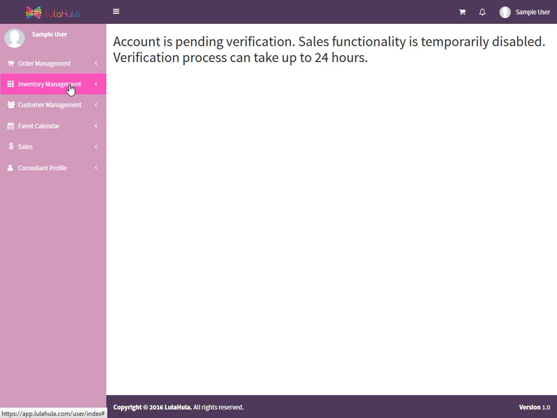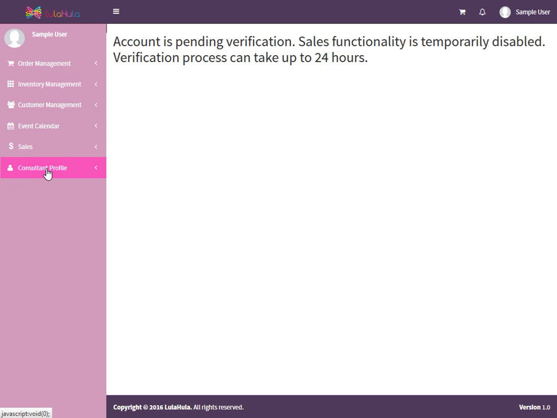In the meantime, before I verify you, you have full ability to upload all of your inventory and do all of that. So we'll go ahead and move forward, even though this account isn't verified, with how you're going to handle your inventory, and then I can show you the sales stuff in a little bit here. But the down and dirty way to do this right away is